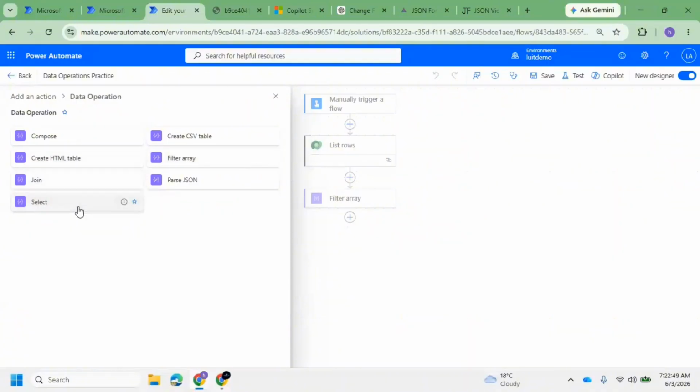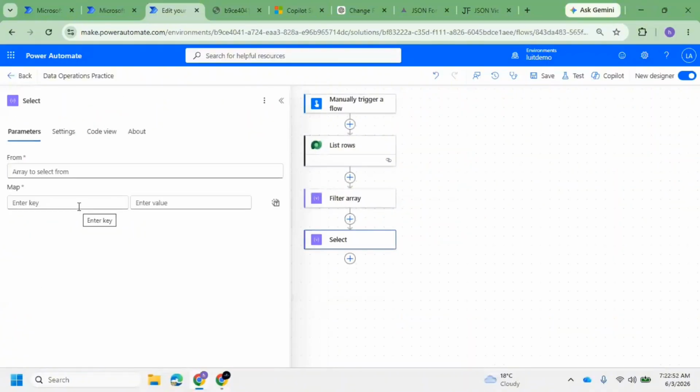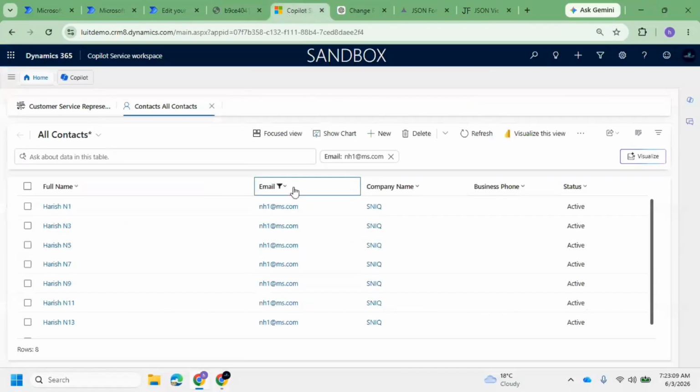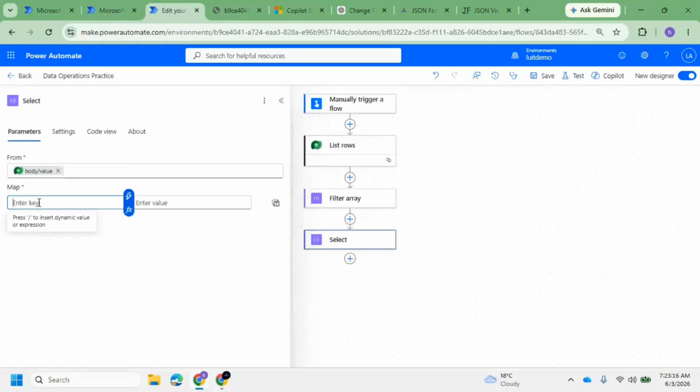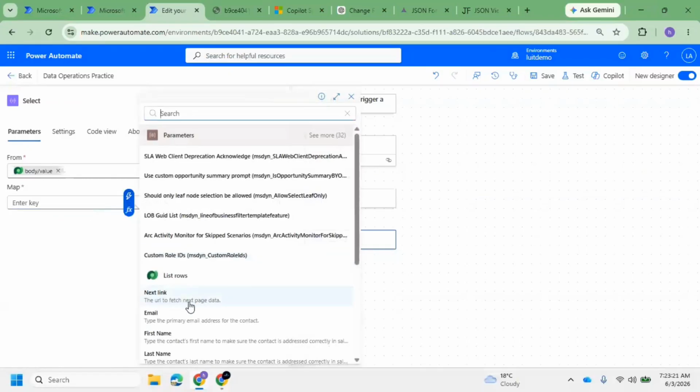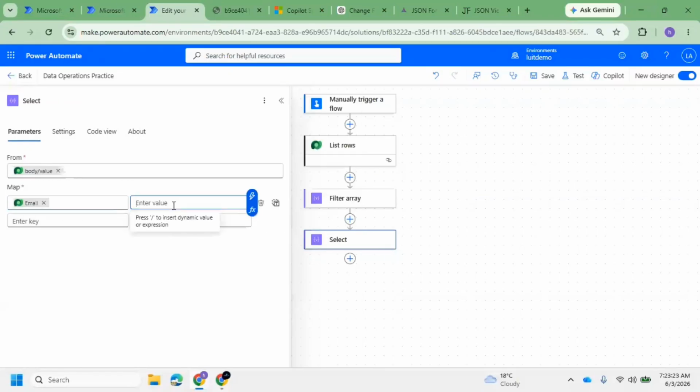Next thing is select. So select also, similarly, we will do a kind of mapping. So here in the from we have to give the array body value. In the map, we will give, suppose the email address is the email field, right? So instead of that email address one column, you want to give some meaningful name. Let's give like this key. I'm just keeping it as dynamic email, so contact